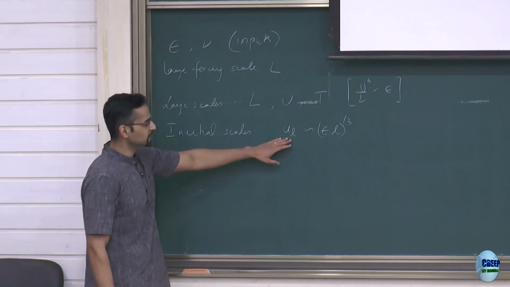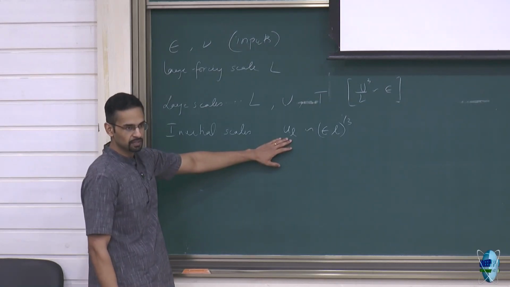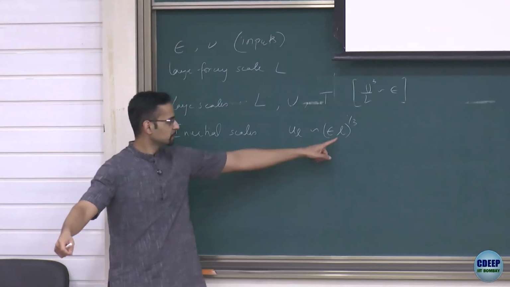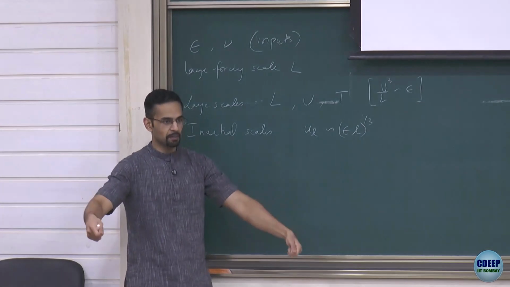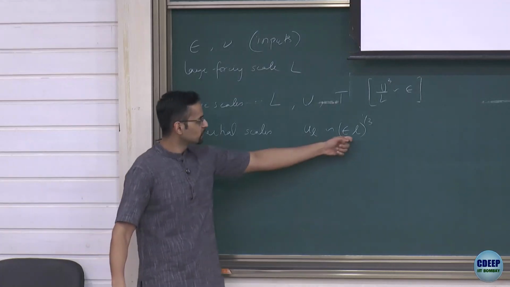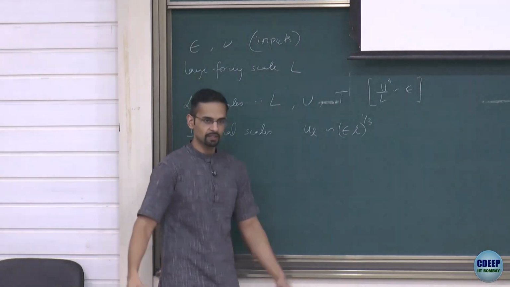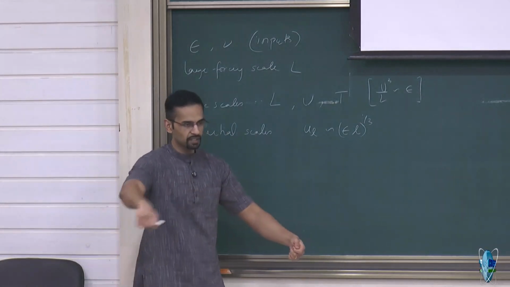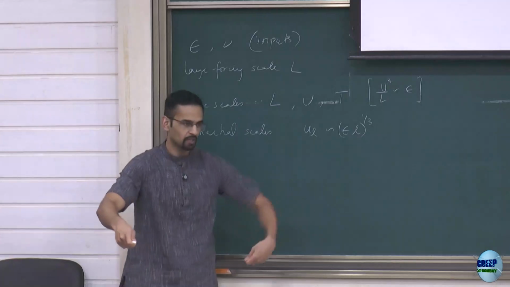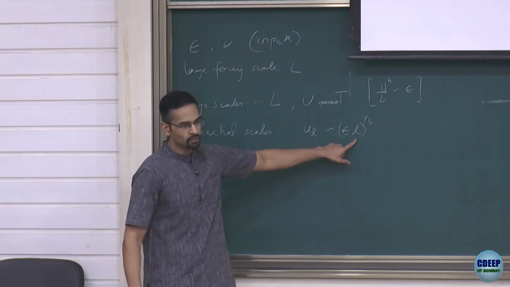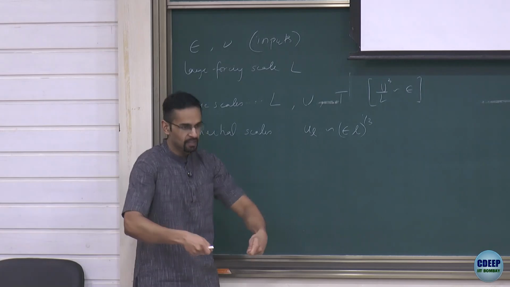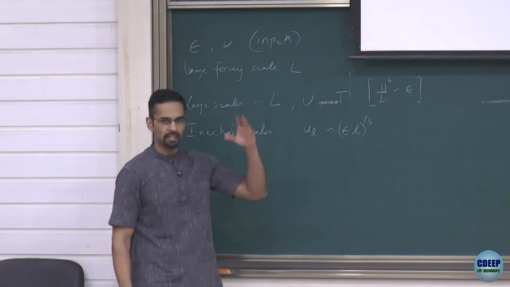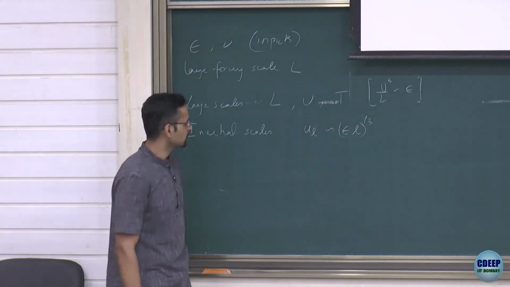But that gives us the inertial range scaling for the velocity. So this just means that if I'm at some distance, small l, the typical velocity difference I will see will go like l to the 1/3. So you think of it like there is an eddy of some size. The velocity of this eddy, which is going up somewhere, going down somewhere, will have a typical magnitude which goes like l to the 1 by 3 as I look at smaller and smaller eddies. And there is this whole hierarchy of eddies. This is the cascade picture that we discussed in the last class.